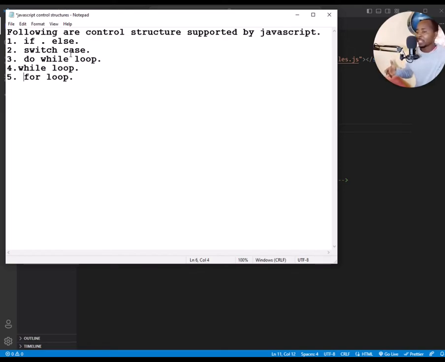In sequential, the program is executed in a sequential manner, because of the way the codes have been written one after another. So there will be no branching. The program will just execute from the first statement to the last